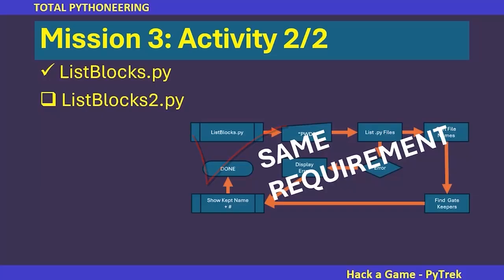So the conclusion here is that both list blocks and list blocks 2 have the exact same requirements, and although they have different implementations, the high-level requirements don't have to be changed, and the low-level flow of components could indeed change a good deal. So sometimes it makes more sense to have high-level documentation when it comes to acceptance rather than low-level documentation, because to tell you the truth, as we've just demonstrated, the structure of our code can change